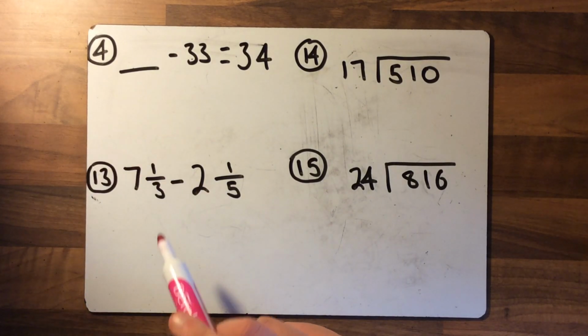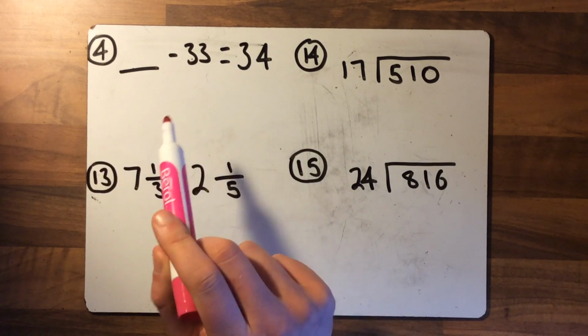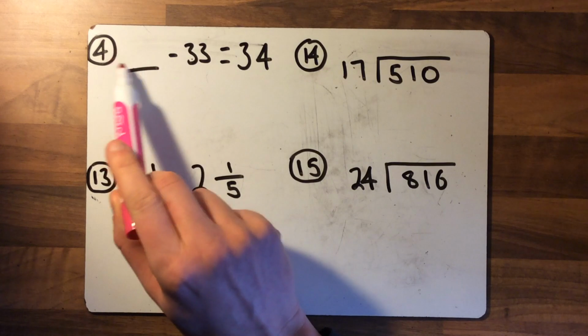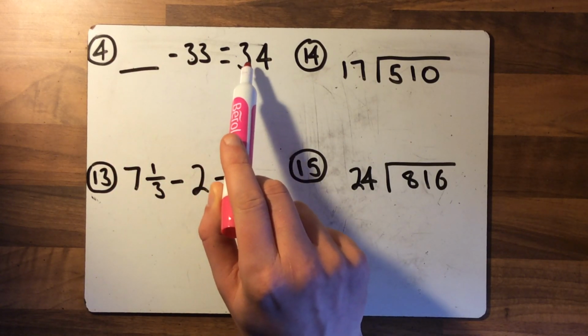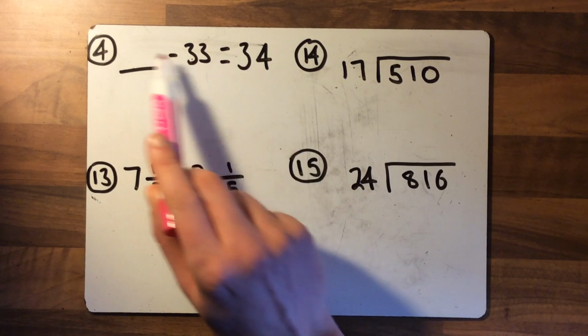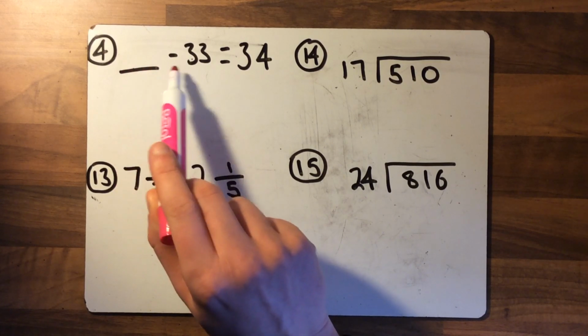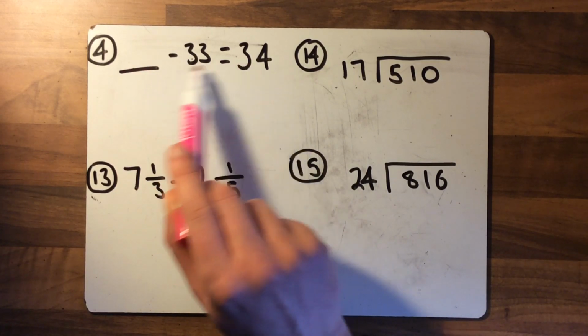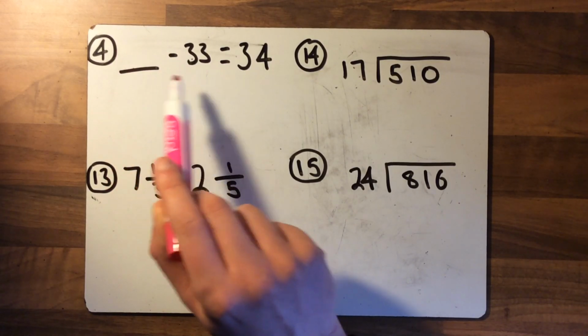So looking at number 4 first of all, it's a missing number problem. Now sometimes these confuse people about what operation you need to do. So it's a number subtract 33 equals 34. Now you might look at these and think, oh well, it's 34 and 33, so that needs to be a 1. Whereas if you think about that question, that'd be incorrect. 1 subtract 33 is 34. Clearly not right. So this number here has to be the largest number out of the 3 numbers that are